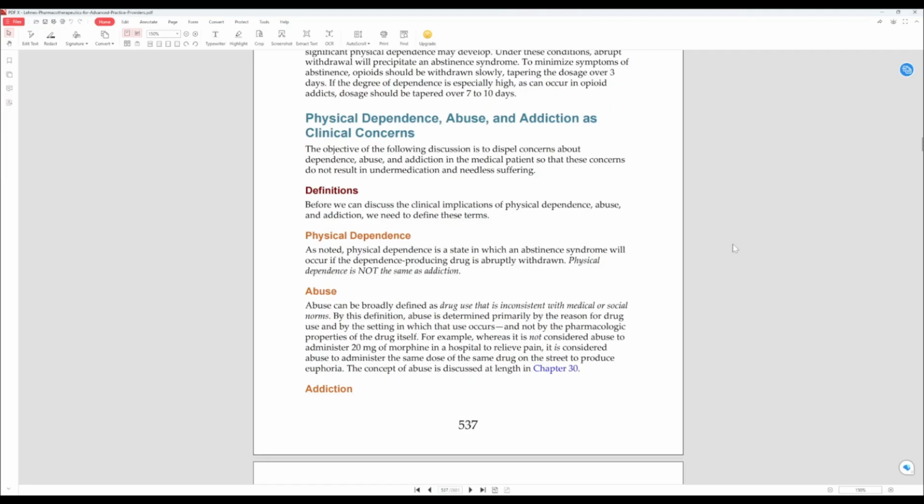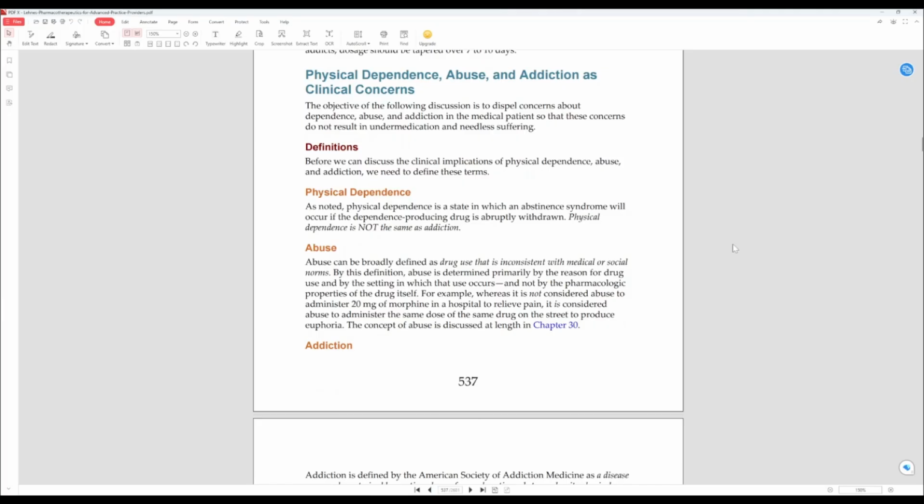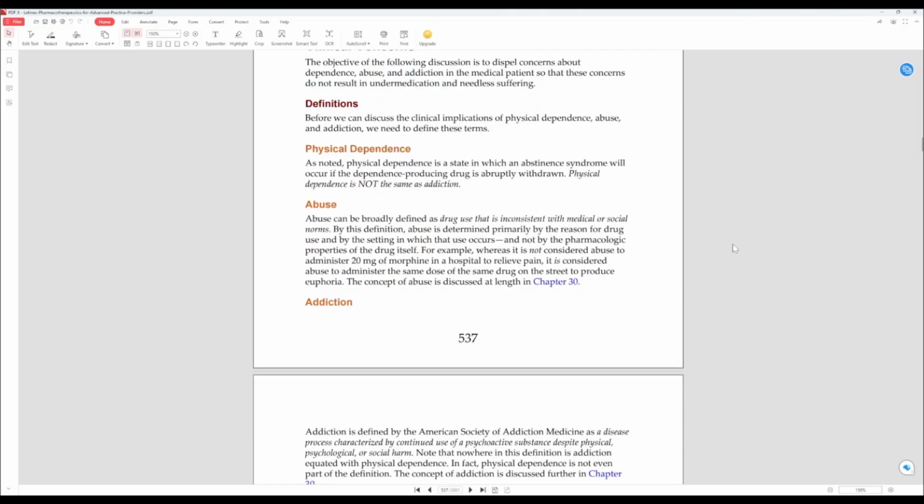So, physical dependence, abuse, and addiction as clinical concerns. The objective of the following discussion is to dispel concerns about dependence, abuse, and addiction in the medical patient so that these concerns do not result in under-medication and needless suffering. Before we can discuss the clinical implication of physical dependence, abuse, and addiction, we need to